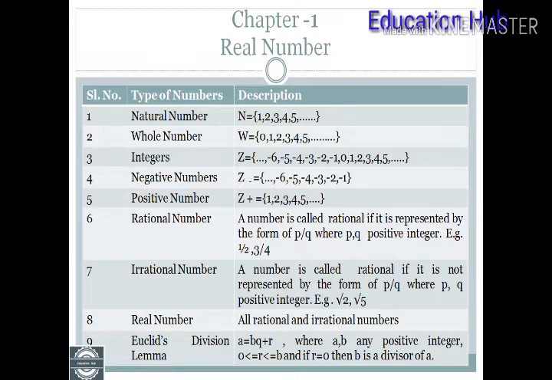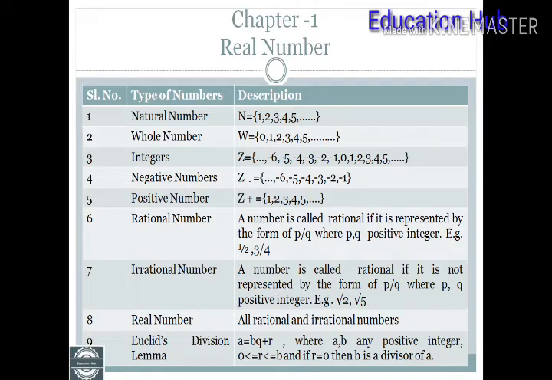Now here, what is called a natural number, what is called a whole number, integer, negative number, positive number, these are all described here, as well as what is a rational number, which can be given in p by q form. Irrational, just like some root over, which you cannot represent in p by q form. What is a real number? That is all rational and irrational numbers. And very important,